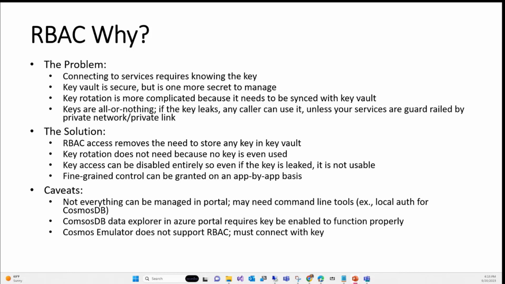That's how you disable that. And then fine-grained control can be granted app by app. By using RBAC, if you have a read-write application, you can grant the application read-write. If you have a read application, you grant the read scope to that application. If you have another application that only needs to write, then you can grant the write policies to that application, right?